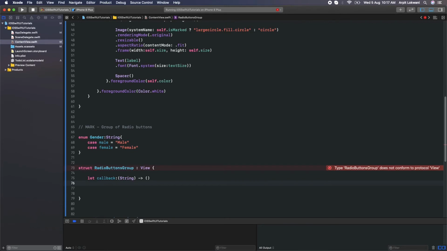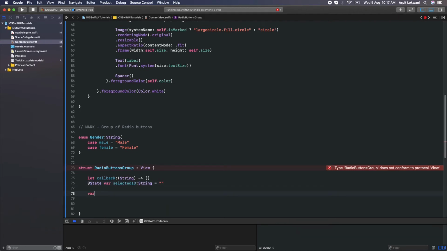I can use that with the help of State, selected ID, of type string and empty. These State and observable objects I already explained in my previous session, so you can have a watch of that. So yeah, fine.